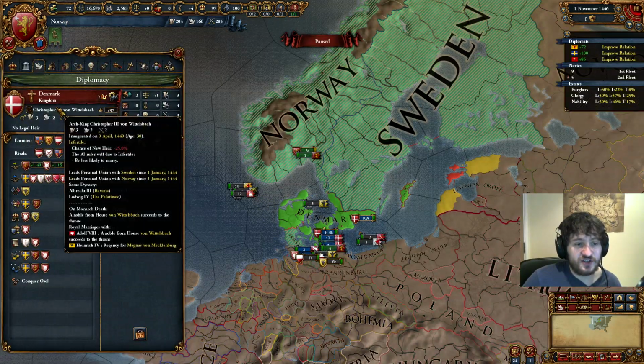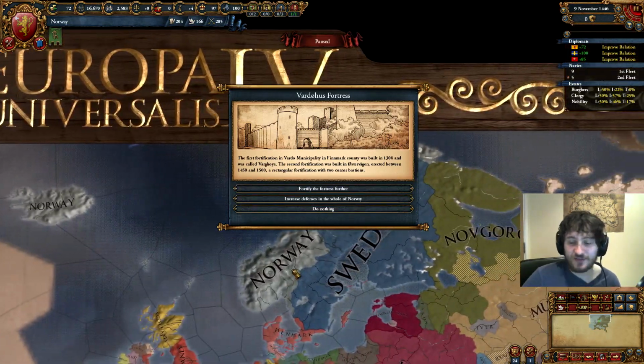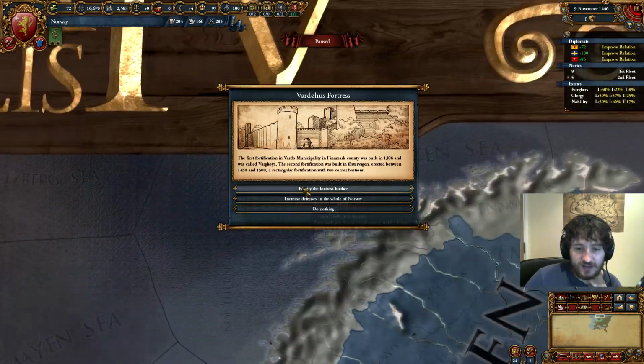One save I played, the Danish king actually got the one that allows him to give free donation. He just gives money, and he gave me 75 ducats, which was nice. The War of Muscovy Novgorod has taken place, and we get the Vadahos Fortress event, which I've got every single